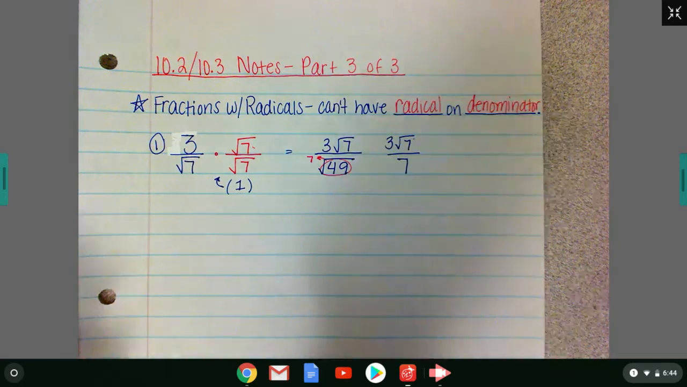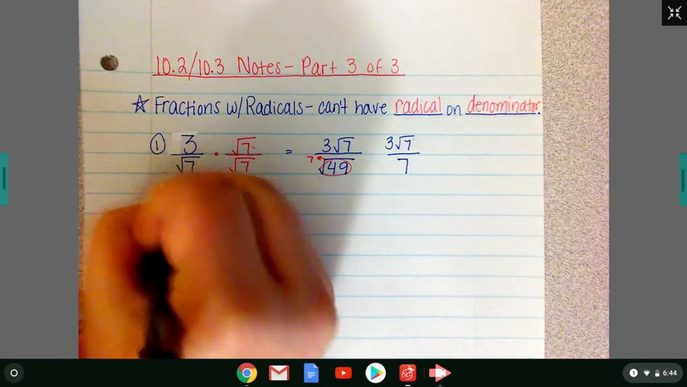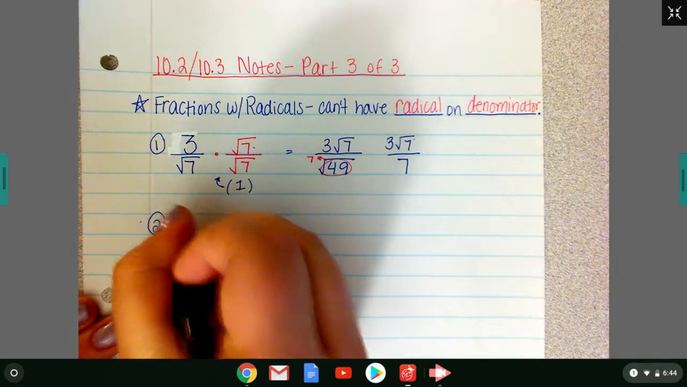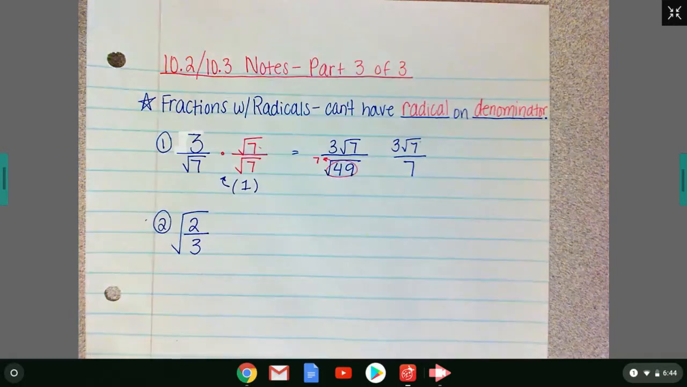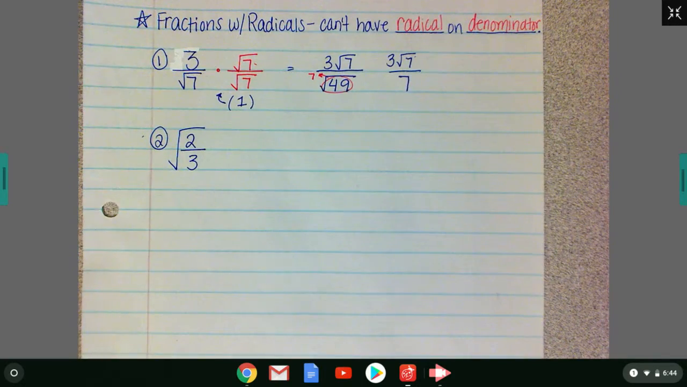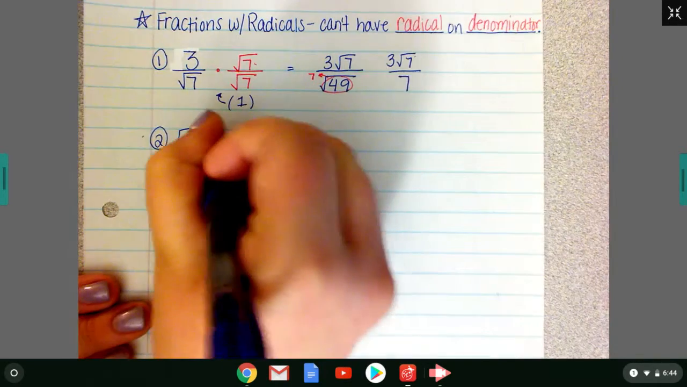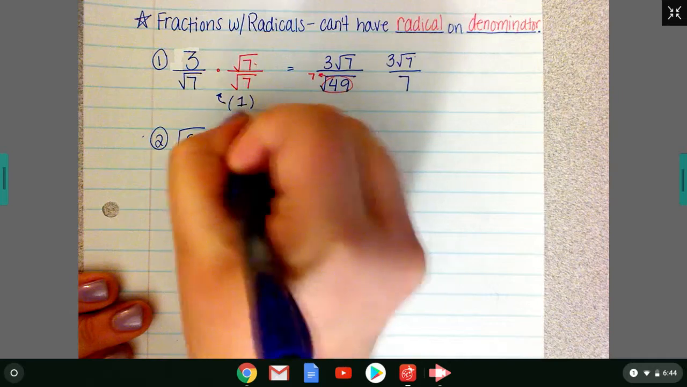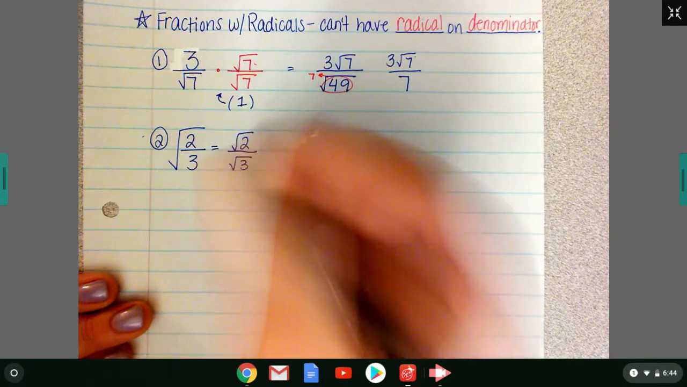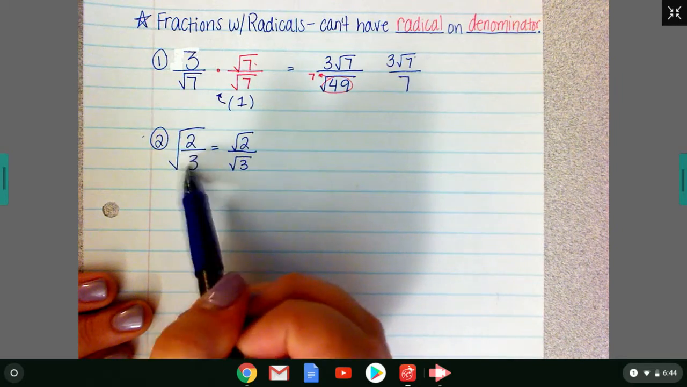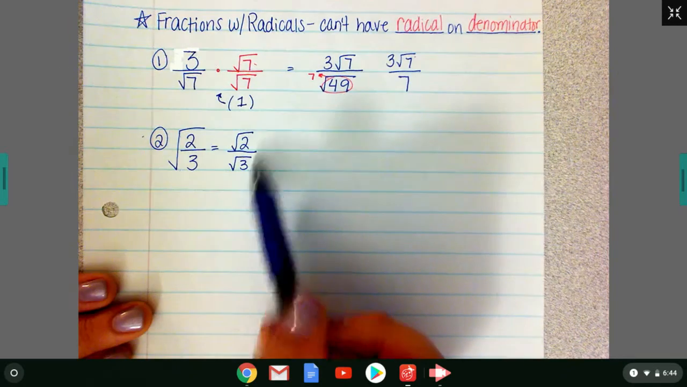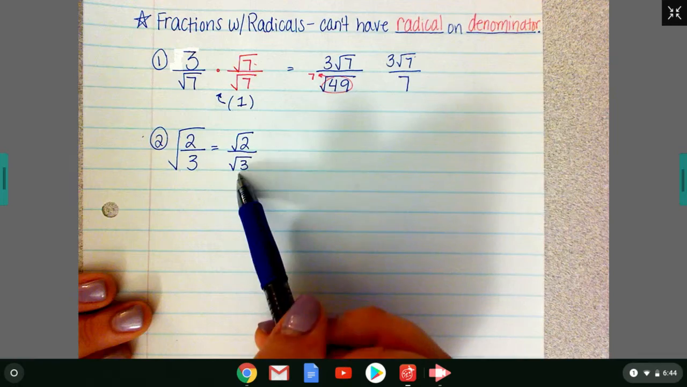Let's try another one then. Say we had root 2 over 3. So this one looks a little bit different. I've got 2/3 inside the radical. And one thing to note is this is the same as the radical being on the 2 and the 3. So you can distribute the radical under the top and the bottom. And then now we can see very clearly that right now we have a radical on the bottom